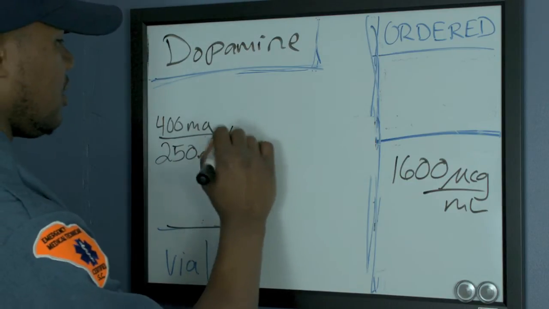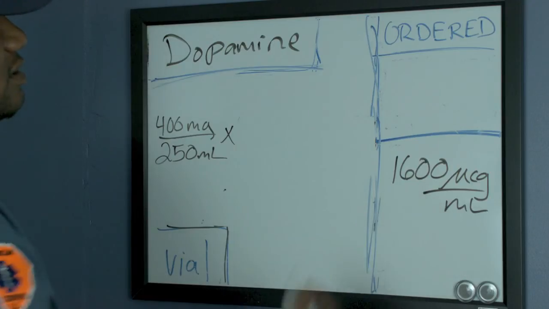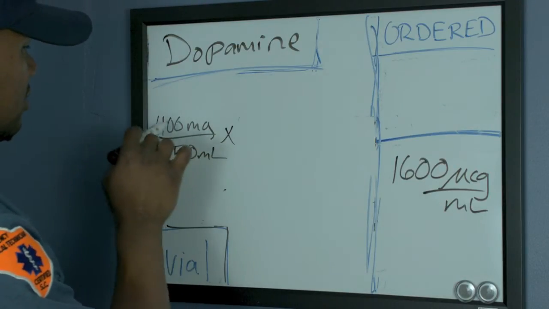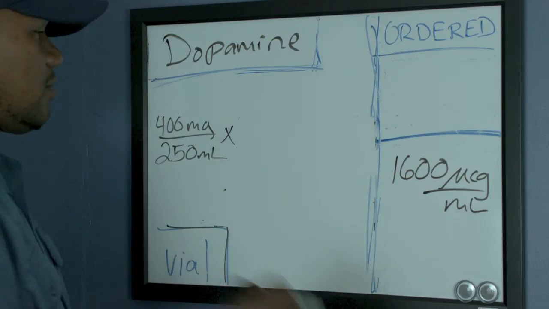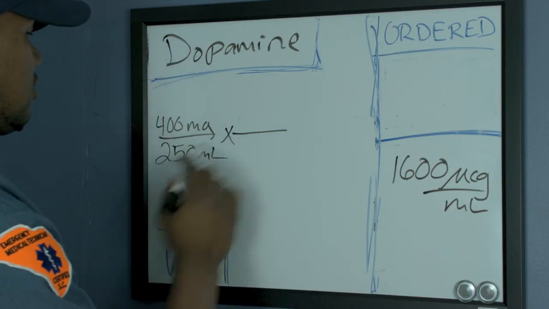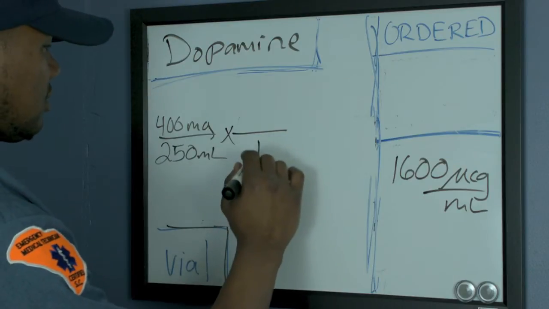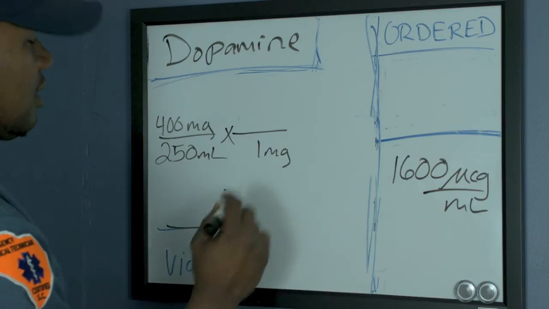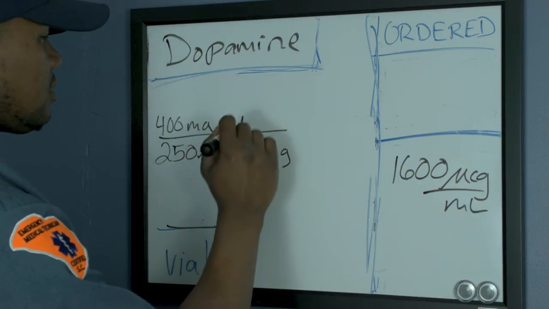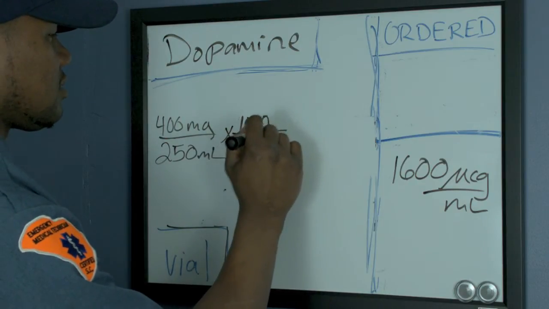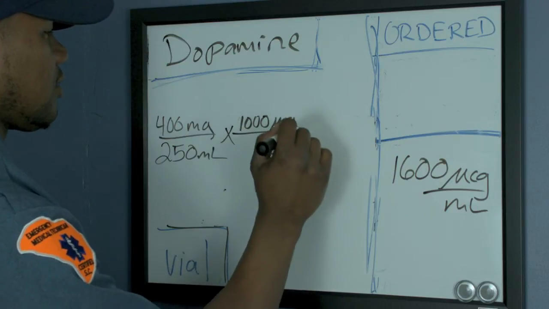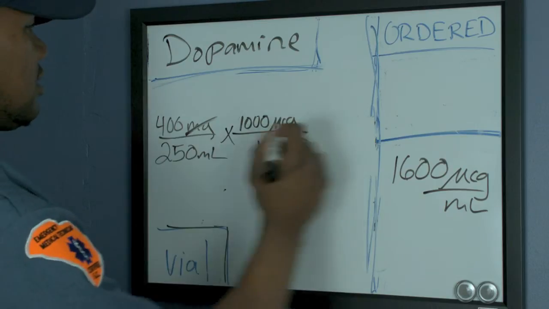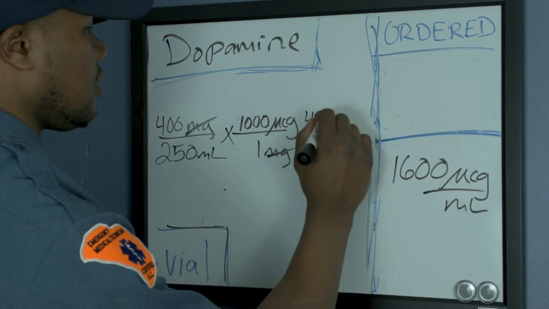What we need to do though, in order to show that this is a 1600 microgram concentration, is we need to convert this milligrams over into micrograms. Alright, so in order to do that, we want to cross multiply, milligrams on bottom, and 1 milligram there is 1000 micrograms. Okay, cross out the milligrams, that ends up being 400,000